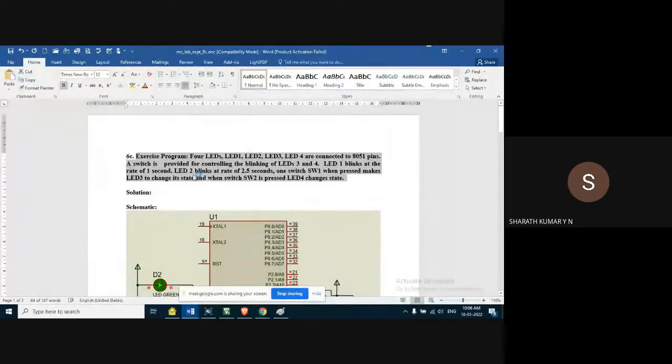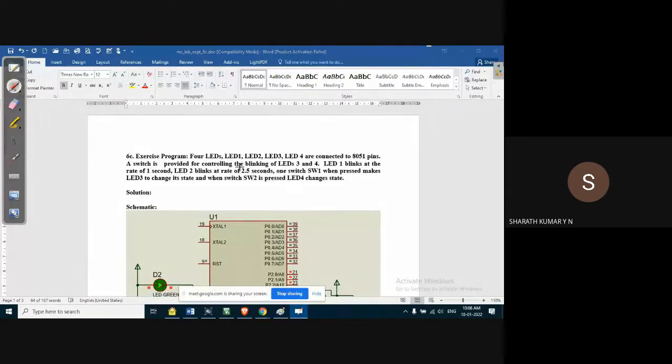Now we are using two switches here. One switch will control one of the LEDs out of four. Another switch will control the other LED.